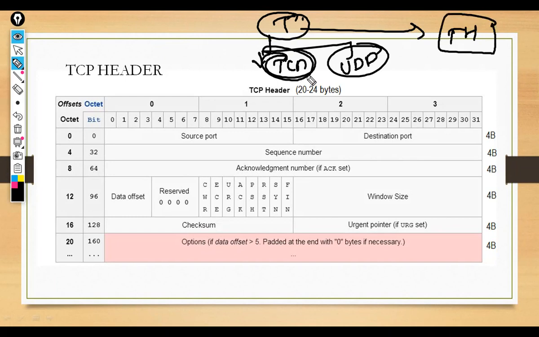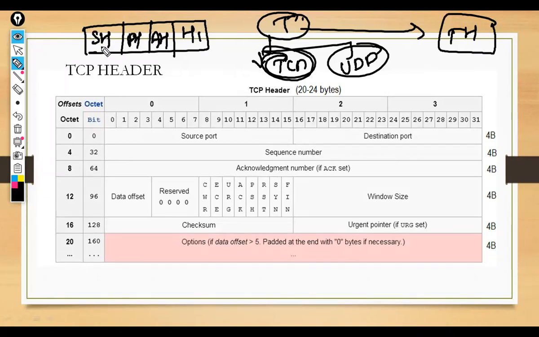Transport header will be added. So the structure of the segment will be like this: the application header, the presentation header, session header, transport header. So this transport header, if you are using TCP as the protocol, then you will have